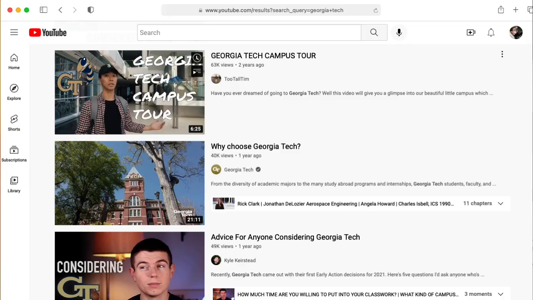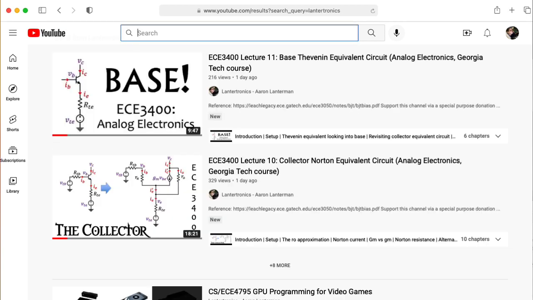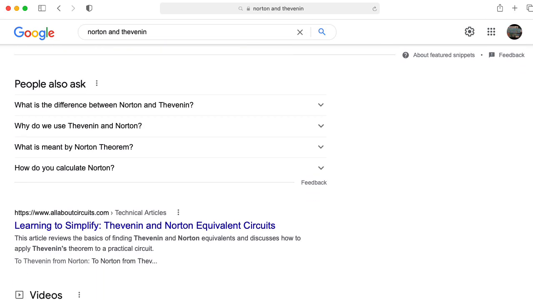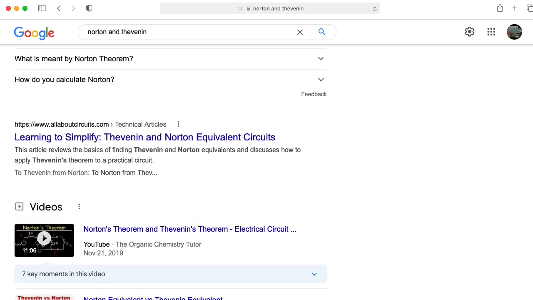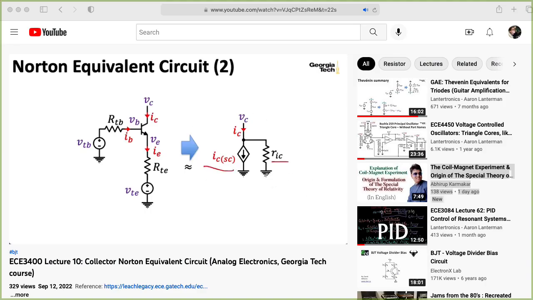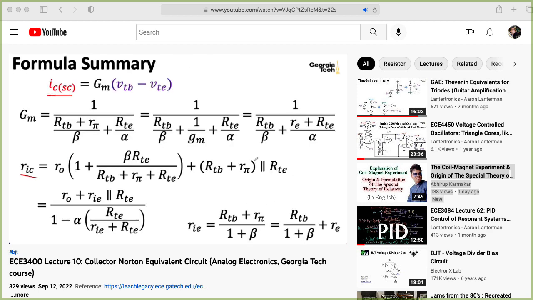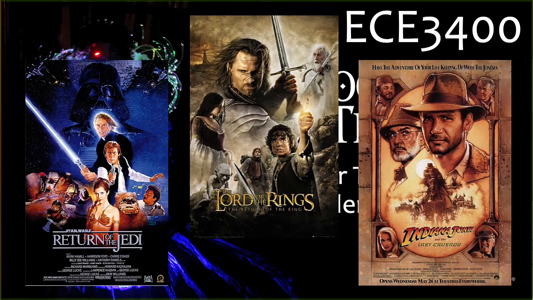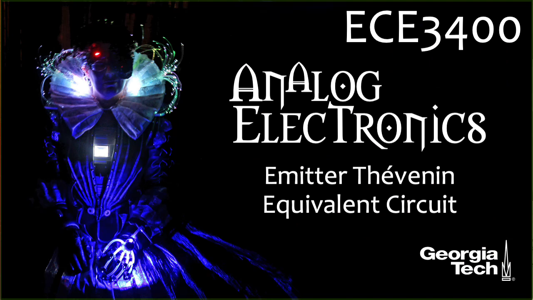I'm a professor of electrical and computer engineering at Georgia Tech, and in the last couple of lectures of ECE3400 analog electronics, we computed some equivalent circuits for looking in various terminals of bipolar junction transistors. We computed a Norton equivalent for looking in the collector of the BJT. We computed a Thevenin equivalent for looking into the base of a BJT. And in this lecture, we'll complete the trilogy and compute a Thevenin equivalent for looking into the emitter of a